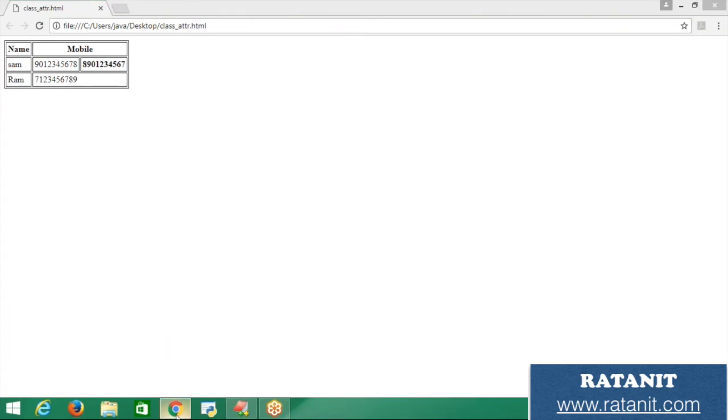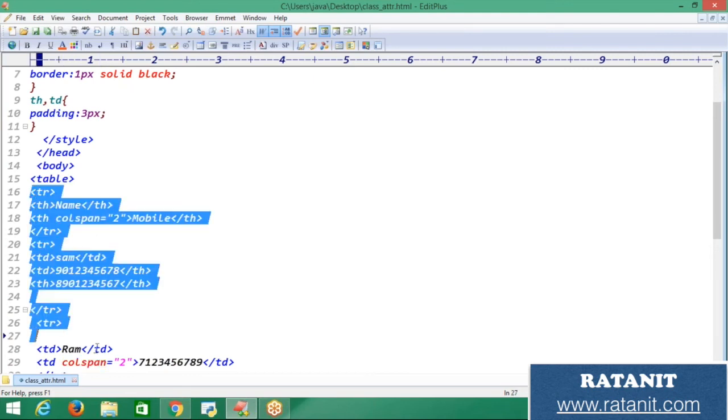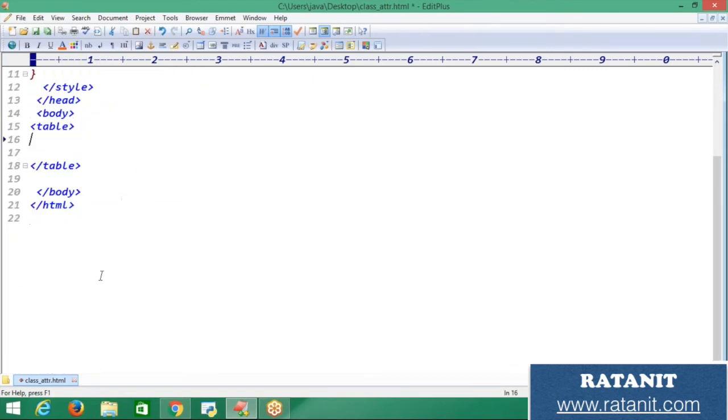Now I'm going to tell you how to write it. In place of colspan, I can also use rowspan. So for that purpose, how am I going to write my program? See here. Okay, inside table, I have a tr. First I would like to take a tr over here, and I need to close this tr, right? And inside the tr I have a heading, that is th, and I'm going to close this th.